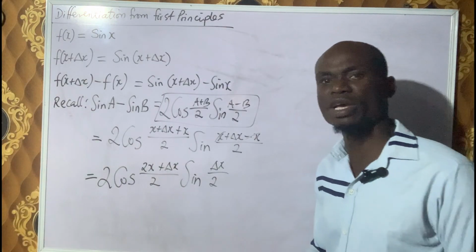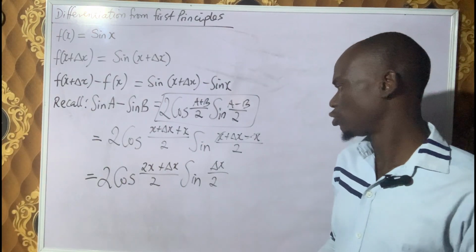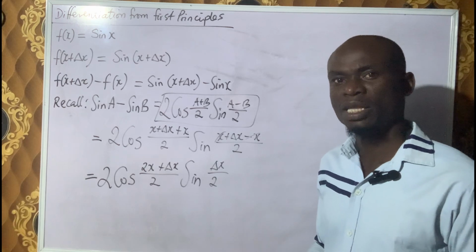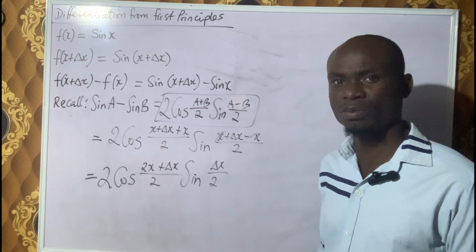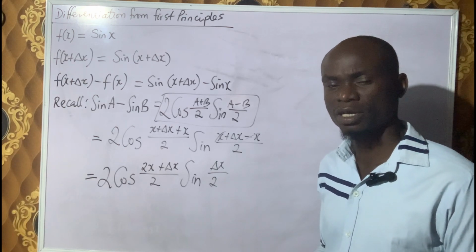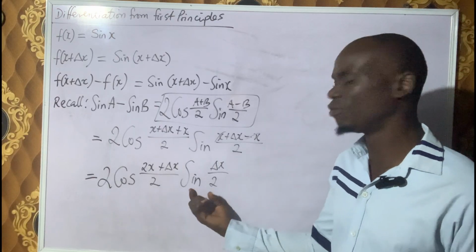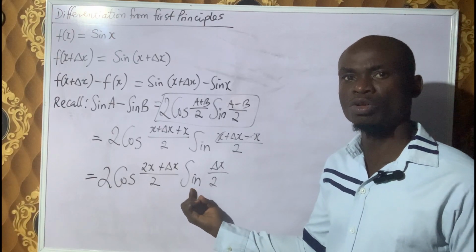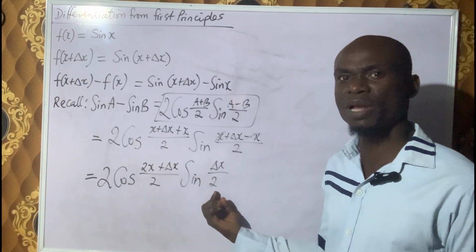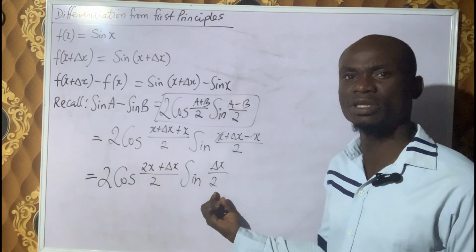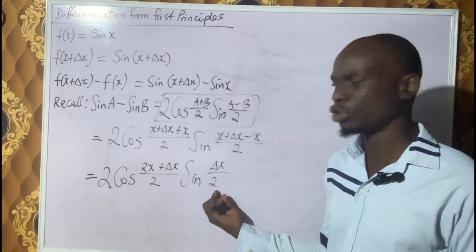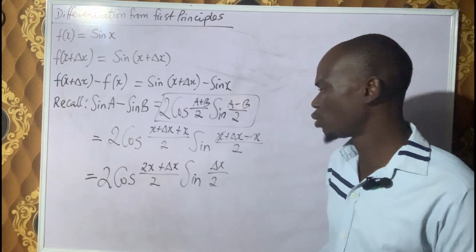We are yet to get a free delta x. So remember that the next step now is to take limits if we have a free delta x. In limits, whenever we see the function sine, we normally convert it by multiplying by whatever it's carrying and dividing by the same. So if we do that at this point, we are going to have